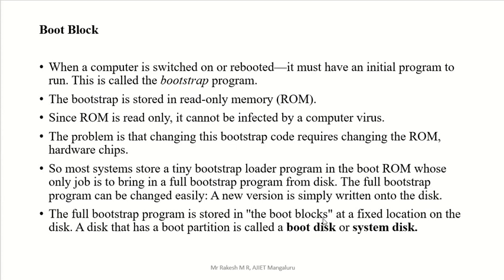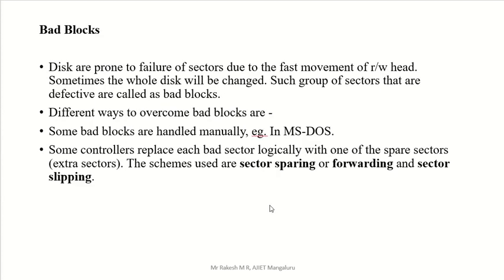Okay, now we have another one: some of the blocks in the hard disk may have some problem. That block is called a bad block. So here we have that concept, the bad block concept. Why do we have bad blocks? We will see that. In a disk, we may have some failure of sectors. A sector means a track is divided into smaller blocks, that are called sectors. We are going to store many things inside a sector itself.